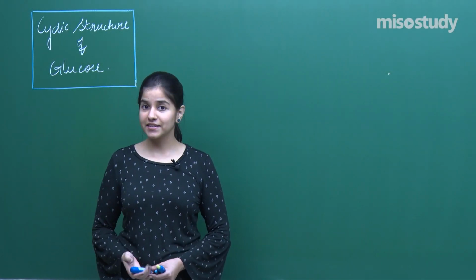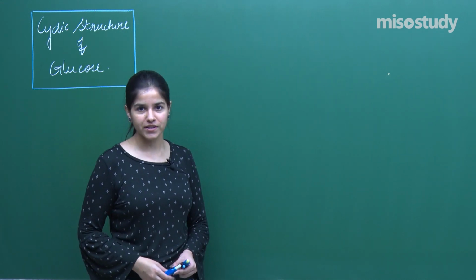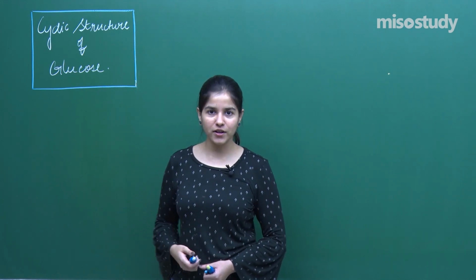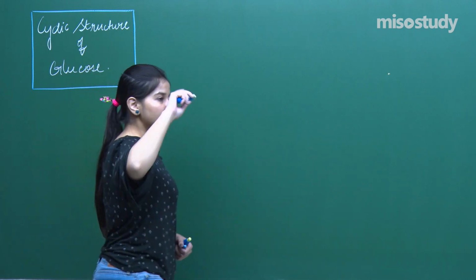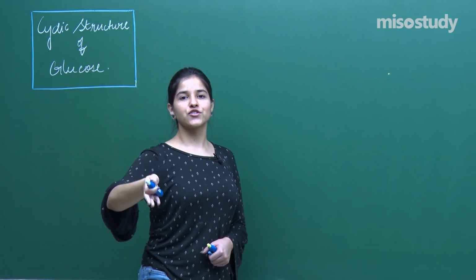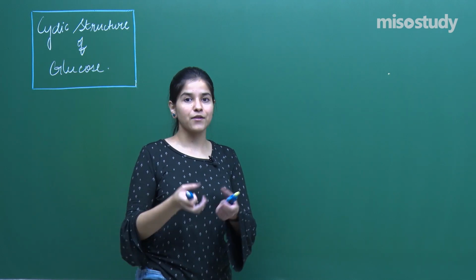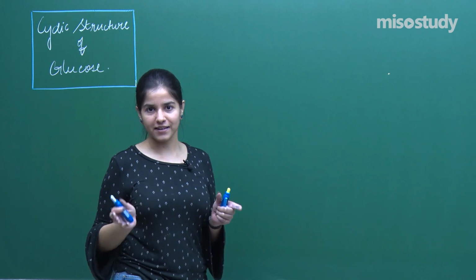So, as I had discussed in the last session, it was the structure elucidation of glucose. Remember that or not? If not, let's just try to recall the concept first. What is structure elucidation? We had found out the entire structure of glucose, what all groups are present in it, how many carbons are present, and what is the chain of the carbon, right? That is what we had discovered in the last session.